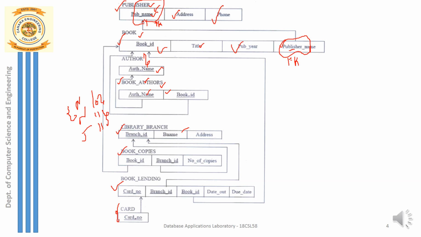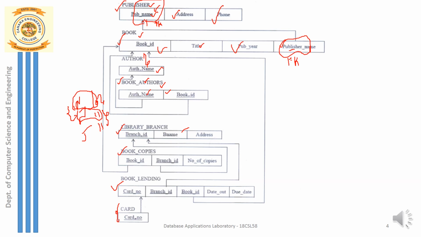So here the individual attributes author name and book ID are not primary keys, but if you take the single row where Navate has book ID 10 and compare that with the second row, Navate with book ID 11, these combinations are unique. So these combinations cannot repeat. So you call it a composite primary key, so both of the attributes must be underlined.